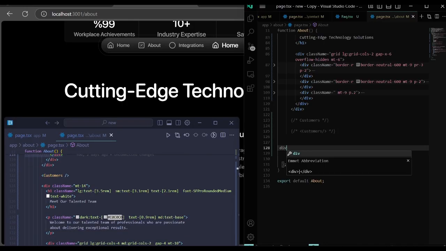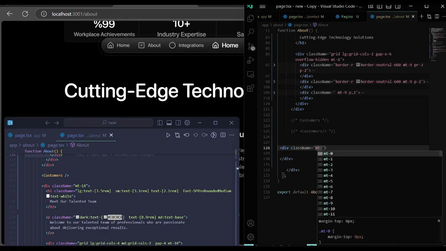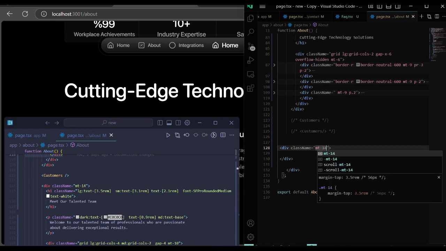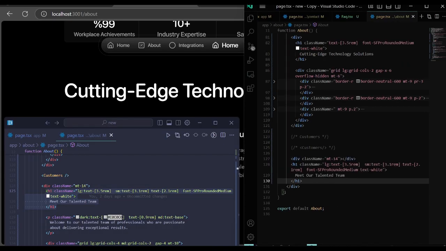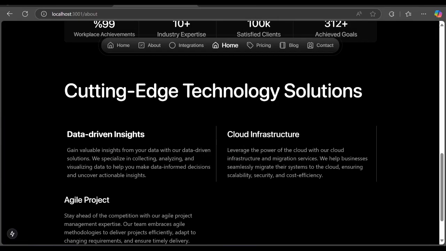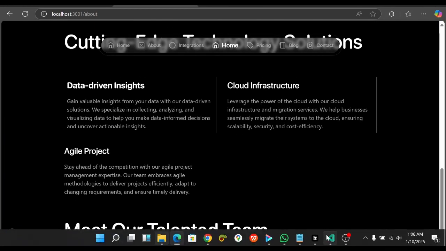We're going to create a div, give it a class name of margin top of 14, and in there we have an h1 that says on a large device text of 3.5 rem, on a small device text of 3.1 rem, and on a normal device, without large or small, we're using a text of 2.1 rem, and a font of this and text of white. So if we save it, as you can see,